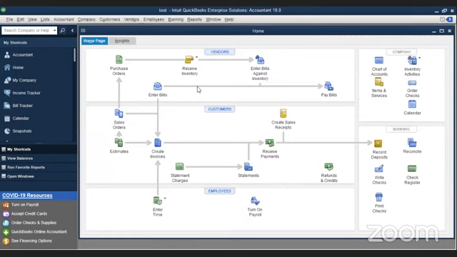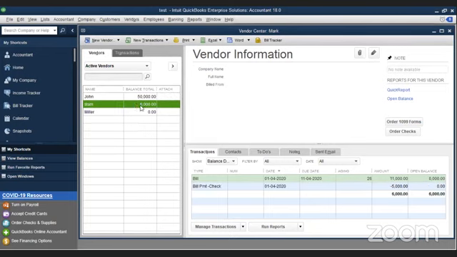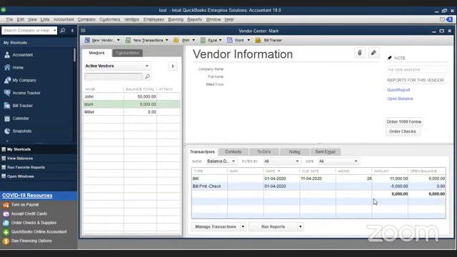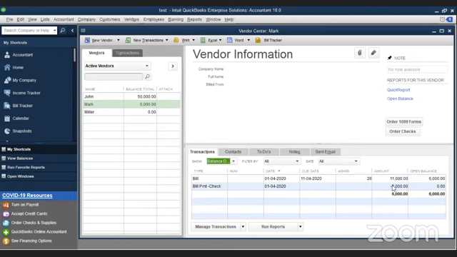Now this payment has been done successfully. You can go to your vendor center and see Mark's value has come to 6,000. But in a normal company run, you won't be able to tell how much you paid and how much is owed. That's why the transactions always appear here. You can always go to balance here. You can see you owed 11,000, you settled 5,000, now you owe him only 6,000. You can always have a view on that.